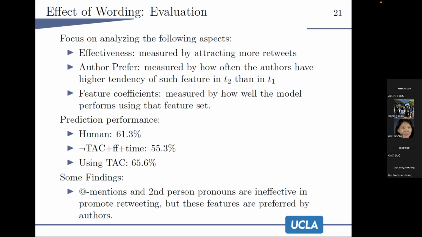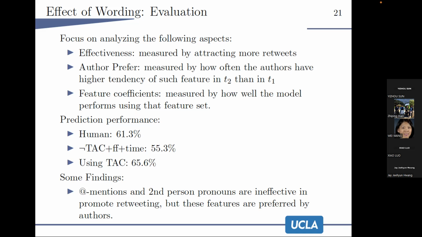Later on, they focus on evaluating some of these aspects. They evaluate how effective a feature could be, measuring whether or not having this feature results in attracting more retweets. They also evaluate author preference, which means that this feature is more often seen in T2 than in T1 for the authors,